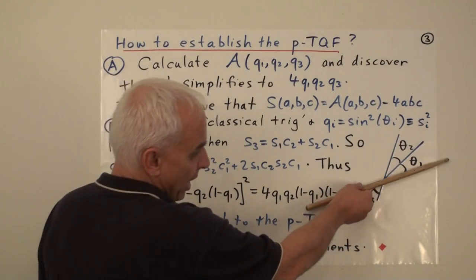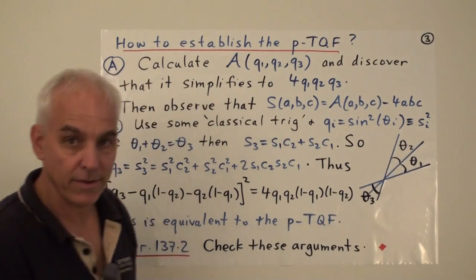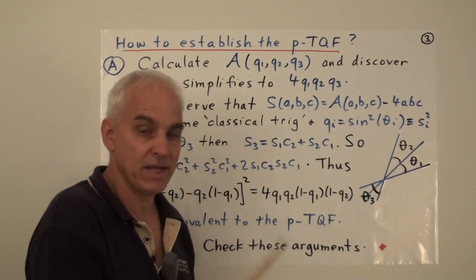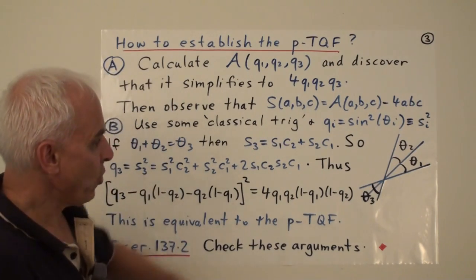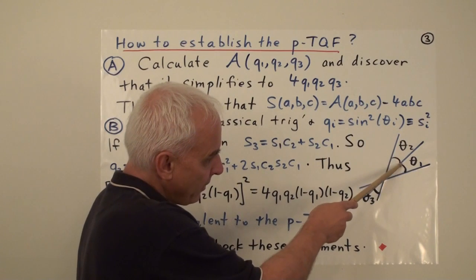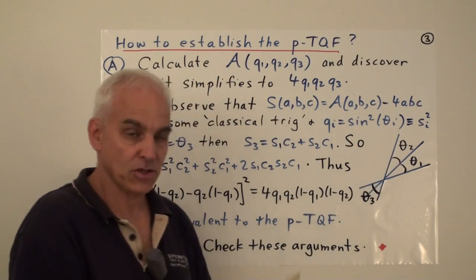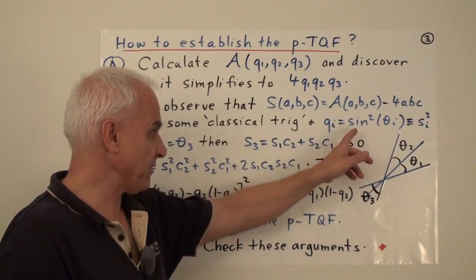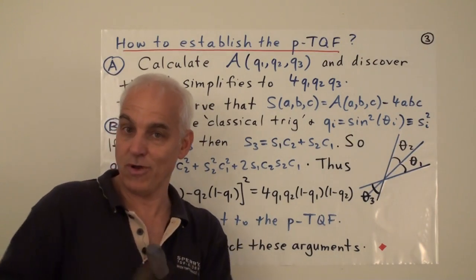So if here are three lines, and say this is theta 1, that angle, then the corresponding projective quadrance would be sine squared of theta 1. So we could use the fact that there's a relationship between the three angles, theta 1, theta 2, and theta 3. So there must be some relationship between the sines, and then we can perhaps figure out the relationship between the squares of the sines, and then that will be the projective triple quad formula.